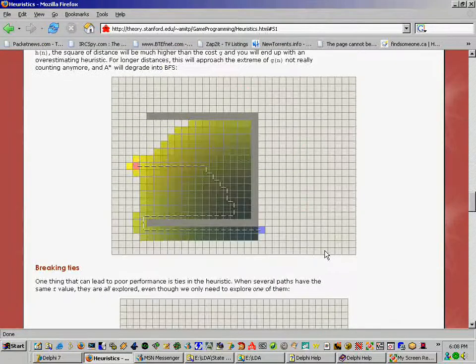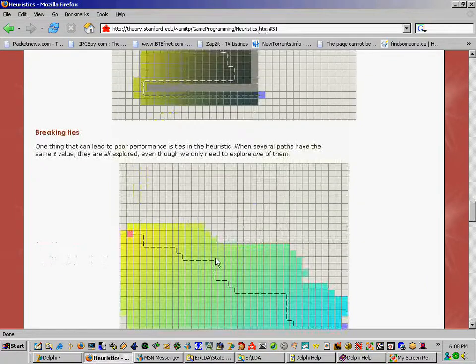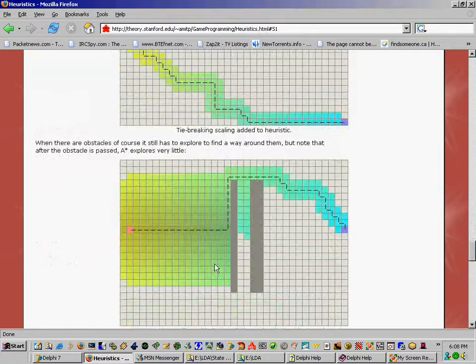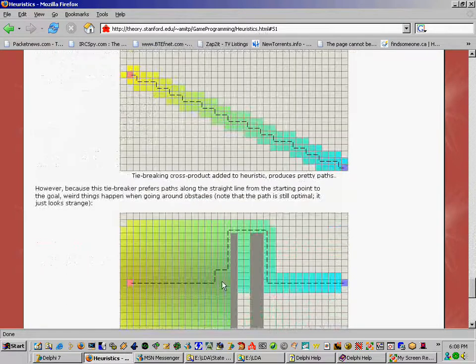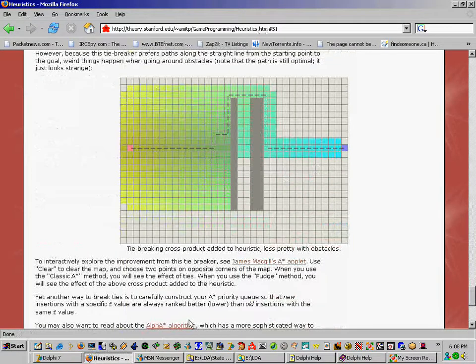Like, if here's the starting point, here's the end point, there's Manhattan values, there's diagonals, there's all kinds of different types of methods of finding a path. And I've chosen this formula,